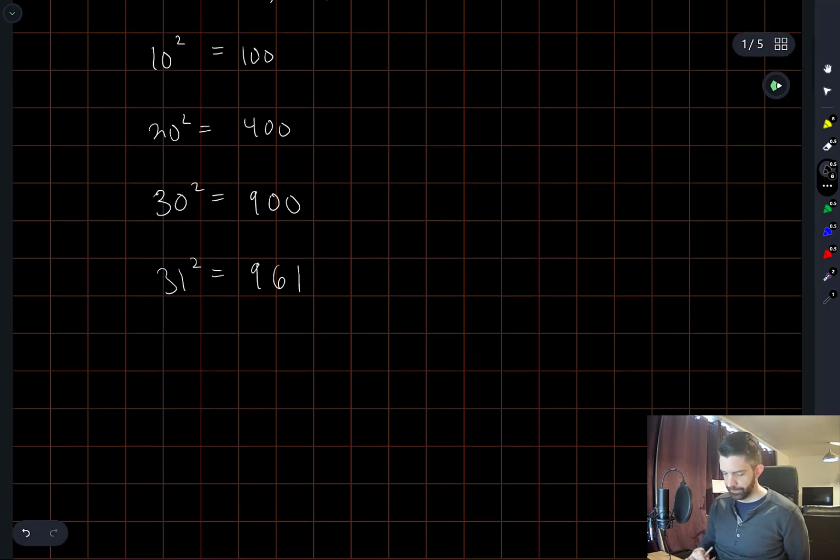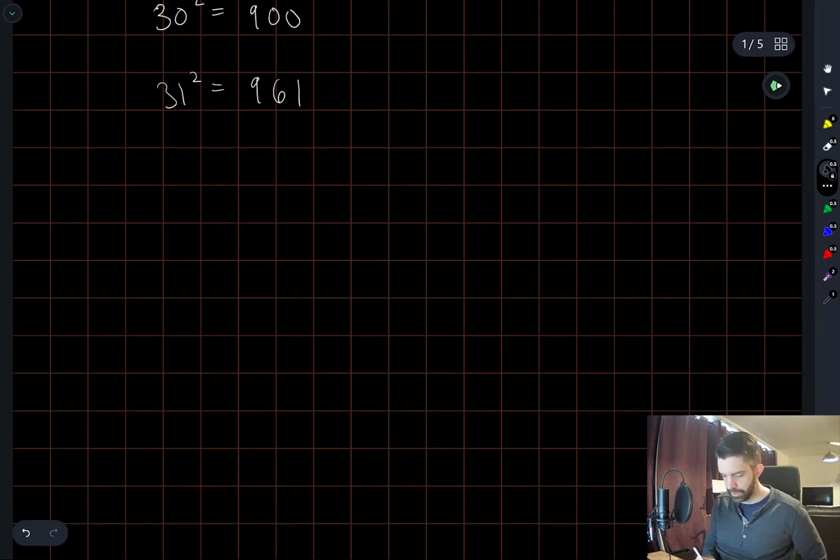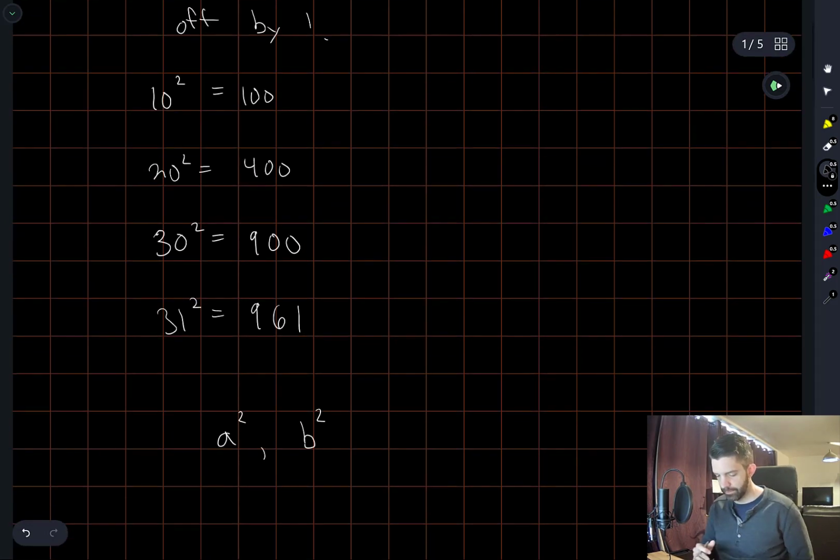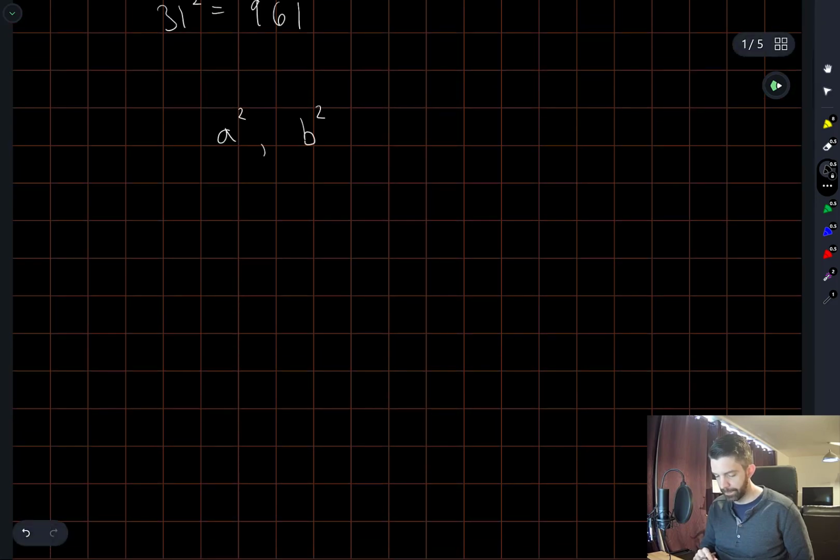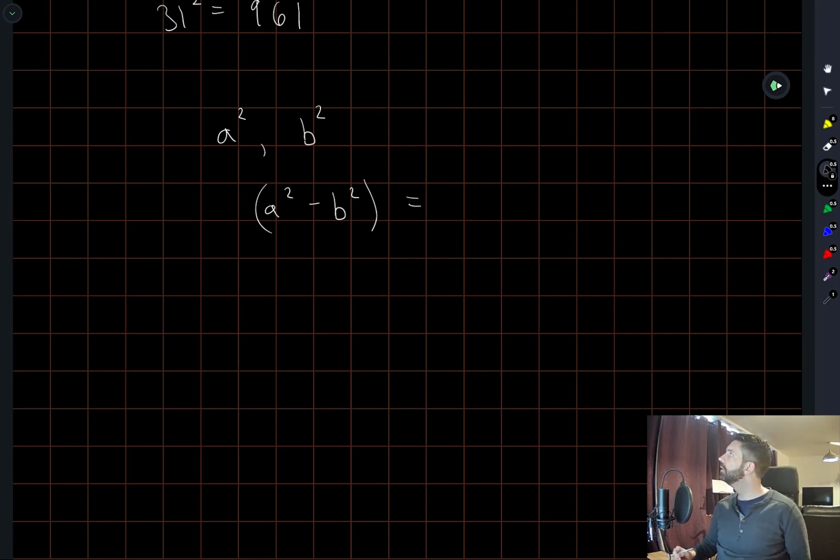So let's think about a and b, where a and b have to be integers between 10 and 31. So these automatically will both be 3-digit squares. And then the difference between them, a squared minus b squared, will have to be a multiple of 10, right? So if two of the digits are the same, let's just assume that a is greater than b. Two of the digits are the same. This will have to equal a multiple of 10,